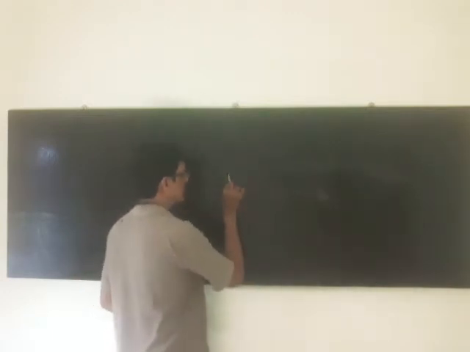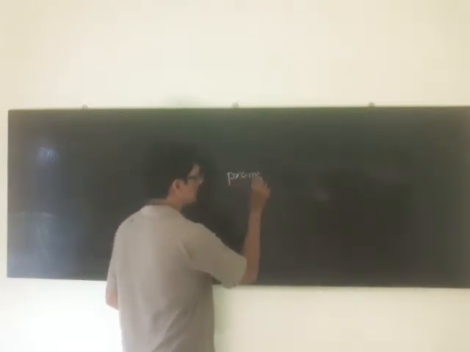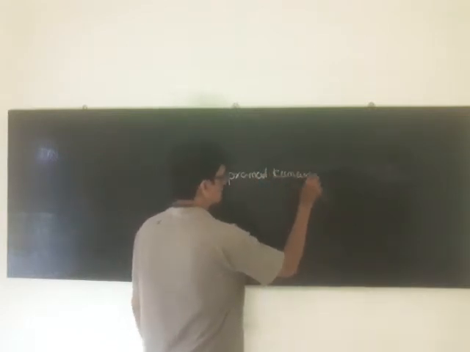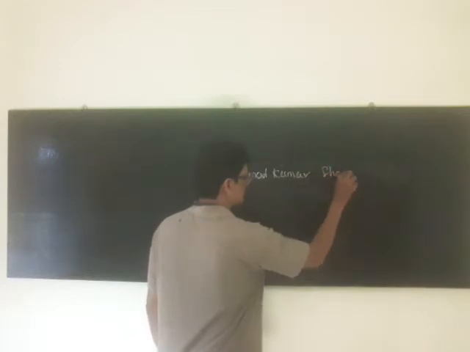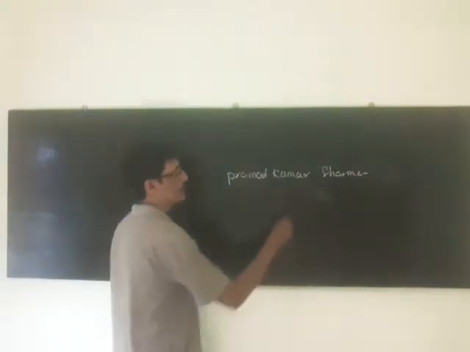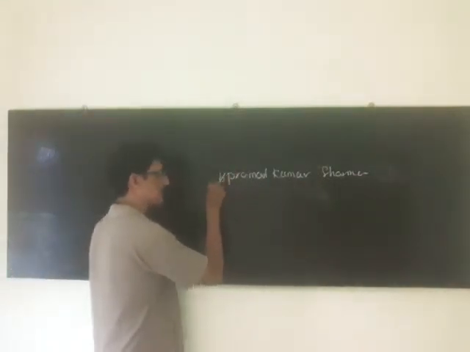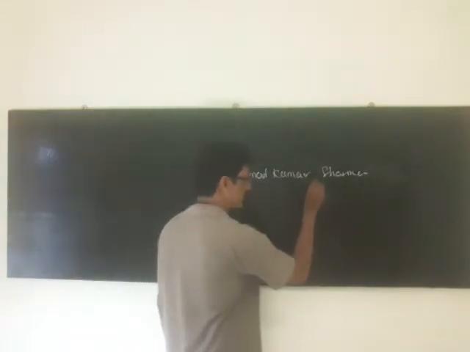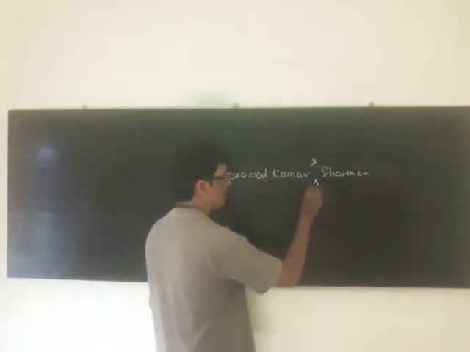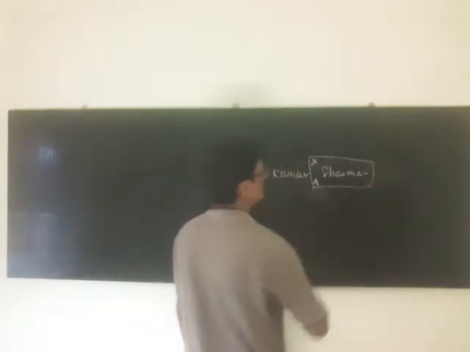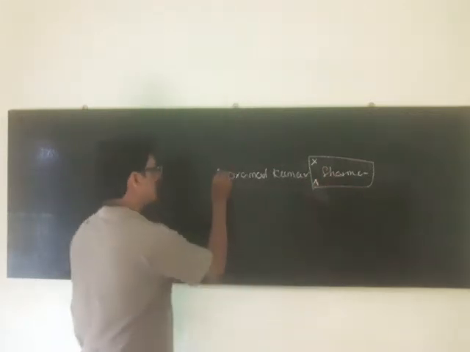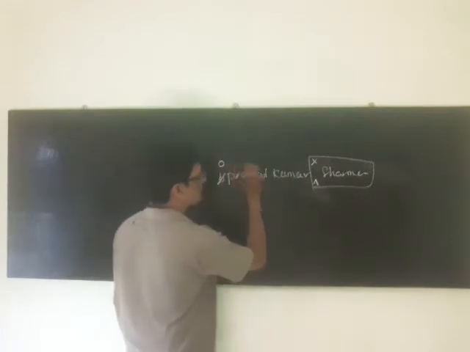Now suppose this is the string, as I told: Pramod Kumar Sharma. As I told, add a space character in the beginning of the string. Select the index of the last space character. Suppose this is X. Now select all the characters from that space to the end using the substring function. Now this is the 0 index. Now take the for loop from 0 to X.